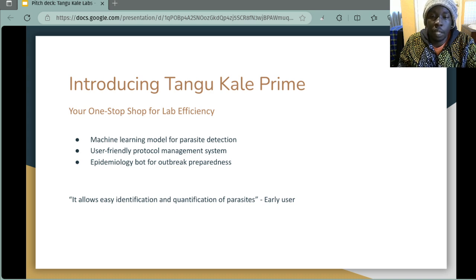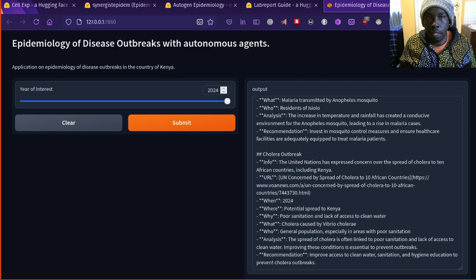Then for the epidemiology bot, first of all, epidemiology is just the study of health related states within a particular place. So maybe a couple of people are having malaria. It's high time now to look into that and figure out what is causing this malaria, as an example. The early adopters of these tools we have been working on say that this tool allows easy identification and quantification of parasites. That is the first tool that I've just pointed out. But without further ado, let's